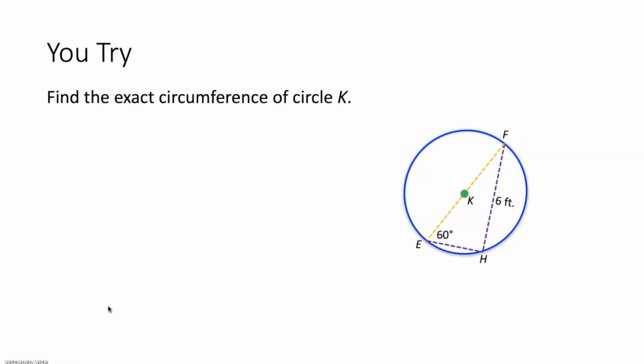Pretty soon, I'm going to see you at the zoo. You try. Okay, doing the same thing, we again have a circle where a triangle is inscribed in the circle,